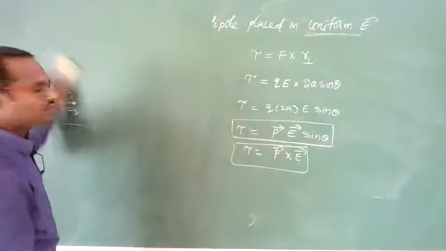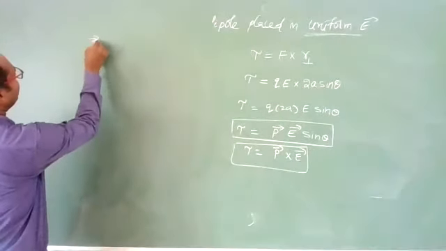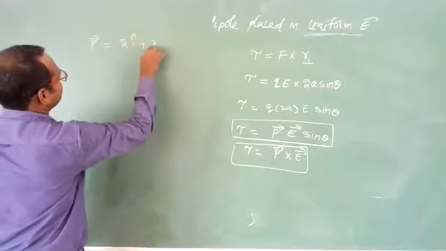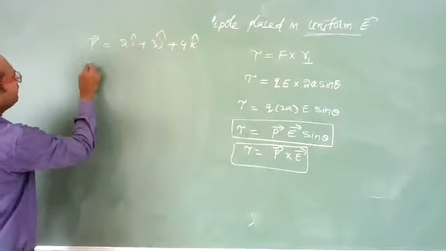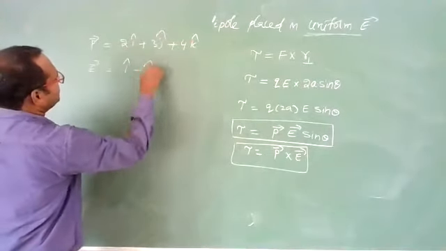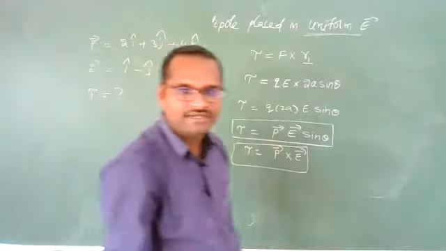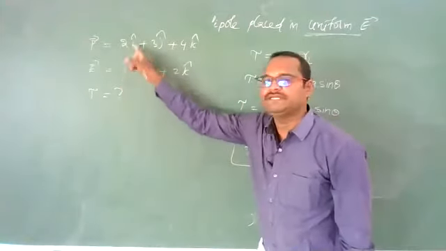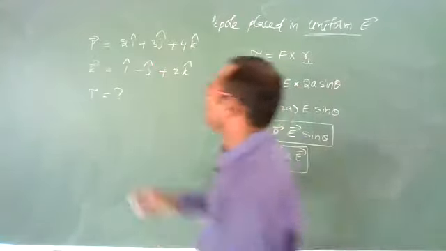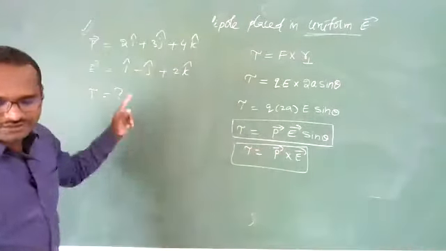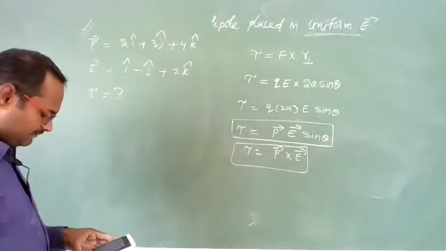See how they will ask you objective questions on this point. Let us suppose a dipole of dipole moment 2i cap plus 3j cap plus 4k cap is placed in a uniform electric field E bar equal to i cap minus j cap plus 2k cap. Then what will be the torque acting on it? They may ask you. How can you find it? You need to do the cross product of P and E. First you should take P, then you should take E. Then you will get the answer. Okay. Note this. You need to send me the solution. Okay. Clear, students?